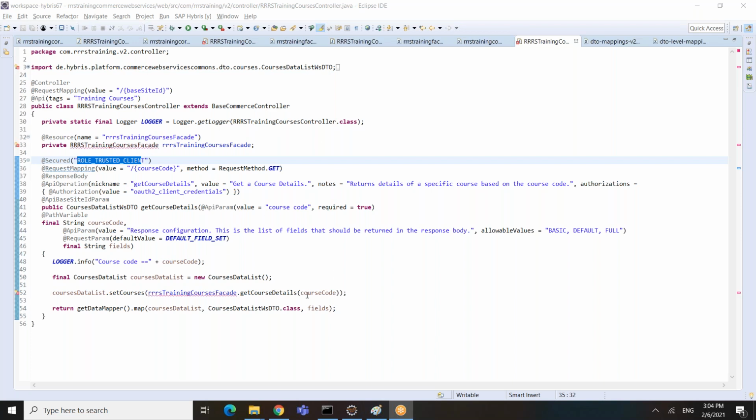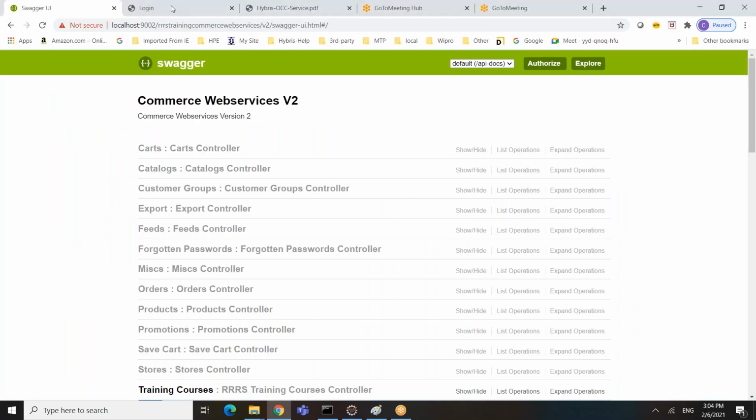But this is the critical path part of the API creation, because we need to know who needs the access, what are the input parameters, what we need to return as part of the API, and what level of scope we need to define, what are the attributes we need to define as part of the scope. Those are all things that come in the controller itself.